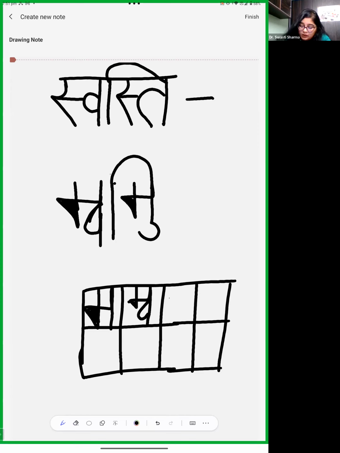Then now ikar matra will also come only in this block. Then the sa and this ta. The sa and this is ta. So this is our swasti. So now you can see the difference between all these sa. Okay, if there is no matra, no any other letter, then we are making the letter bigger one. But if there is something connected, joined to this letter, then we will make it in a short shape.